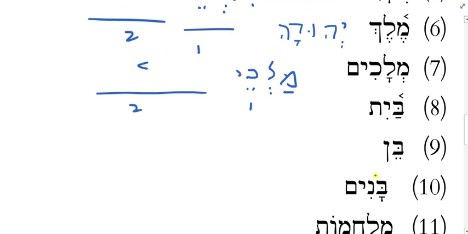What's Bayit mean? House. And is Bayit a Segulate noun? The answer is no, it's not. Now, Segulate nouns have first syllable stress, and the word Bayit has first syllable stress, but that does not make it a Segulate noun, okay? And this is a situation where I have a diphthong, though. This is a word with a diphthong, AY. And what happens to my diphthongs when I unstress it and when I put it in the construct? They change, they contract, okay? What does AY become?